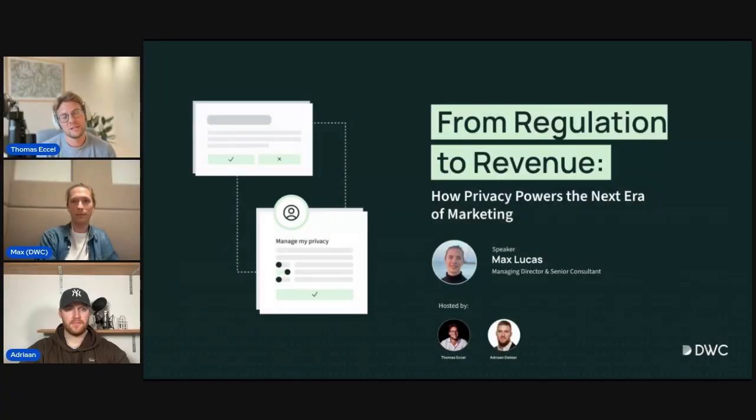Today's webinar is about a simple but quite underrated lever for us in performance marketing, especially Google Ads. It's called consent opt-in rates, because better opt-ins on your cookie banner directly improve the quality of conversion data in Google Ads and Analytics, which means ultimately that you have better optimization, smarter bid strategies, and in the end more revenue or profit for the same ad spend, because you feed the machine learning with more signals and